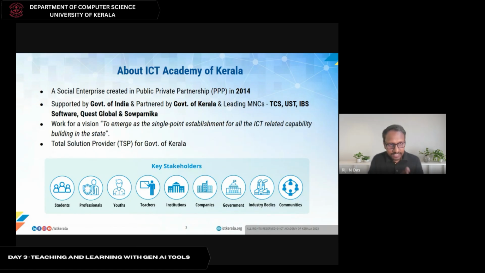So ICT Academy is a skilling organization formed in the form of a public-private partnership. You can see the partners from the government side, the public side, it is Government of Kerala. And from the private side, companies like TCS, UST Global, IBS, and Coastal. So these are the companies. Then what we do